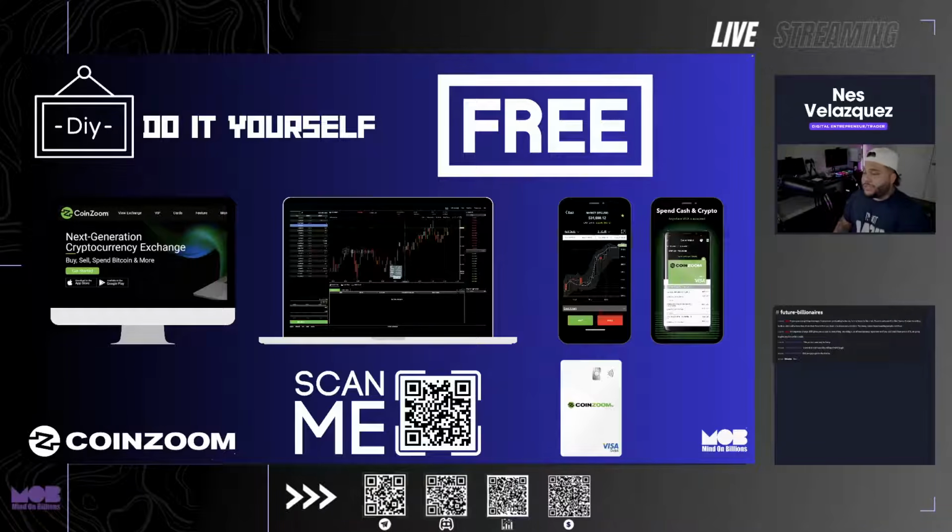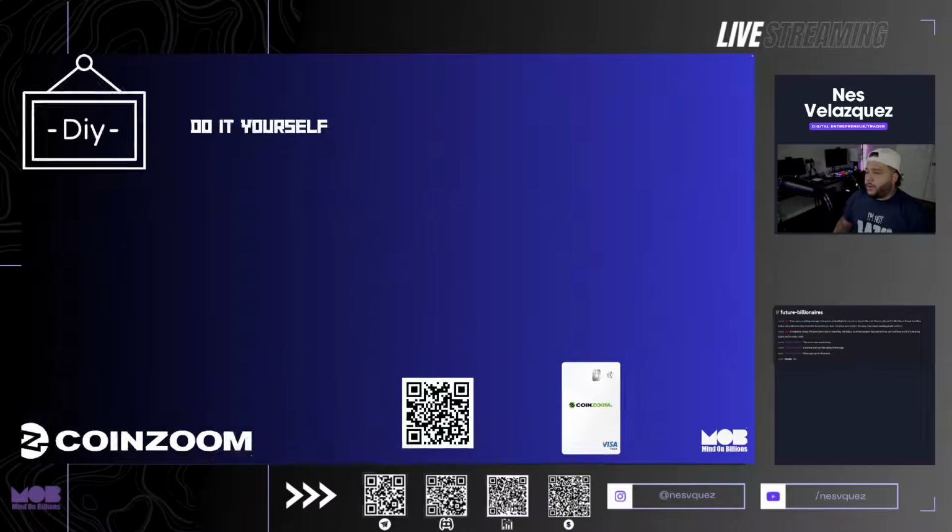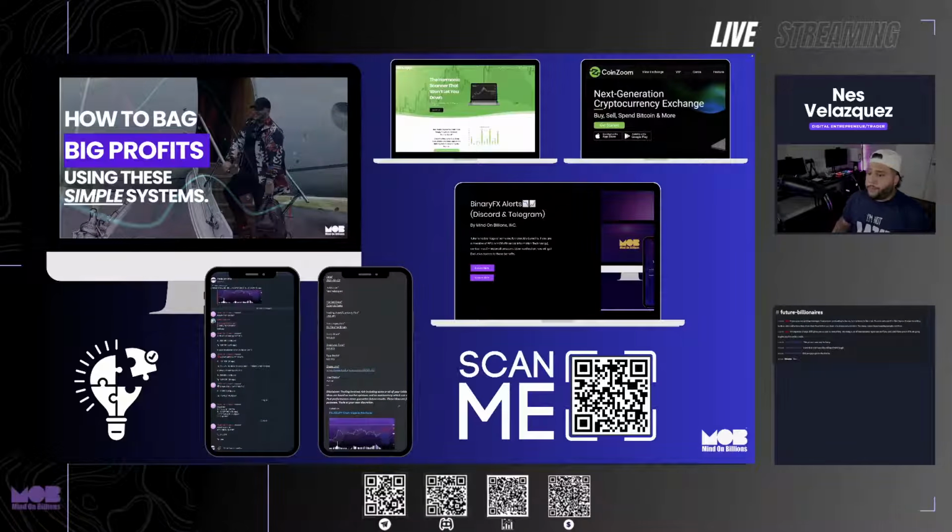Again, scan the QR codes, enter these sites, and fill out the forms just to register. Don't pay $1 to anything until you take a look at everything. And when you feel comfortable, just fund it. Very simple. I show you a way on Cash App how you can fund a lot of these different things, including CoinZoom. You can use Cash App to do that. So really, really fire stuff, okay?